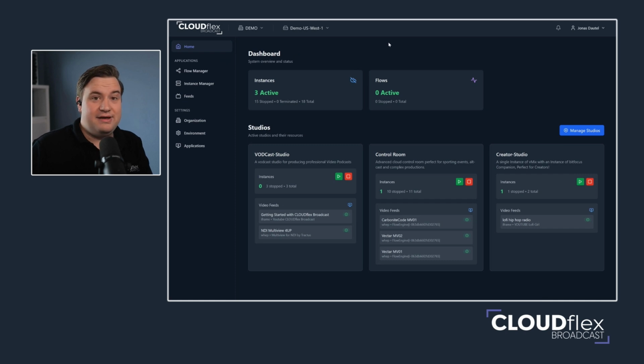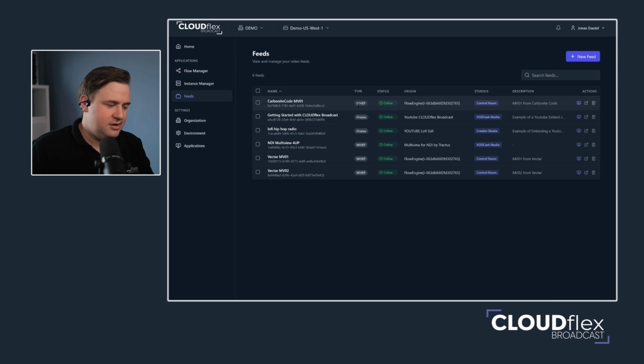For those of you who have never seen it, this is what it looks like when you first come into CloudFlex. Obviously, we went through onboarding. We have multiple studios here. Studios are a logical group that allow you to group resources and also manage access through it. So we have our groups here. You can have video feeds, which are feeds that you can display in your browser. We support WebRTC over the web protocol, iframe, so you can bring in your YouTube, other WebRTC,